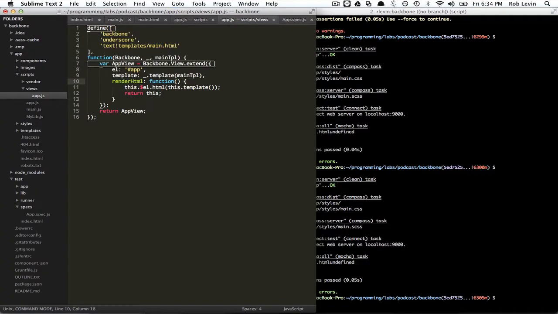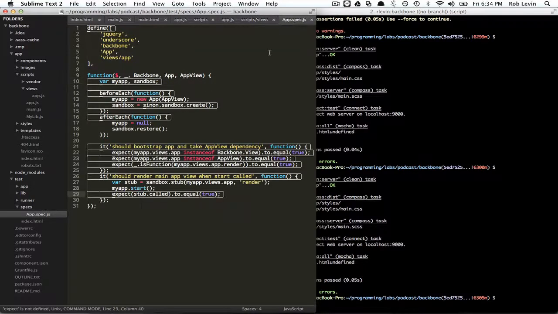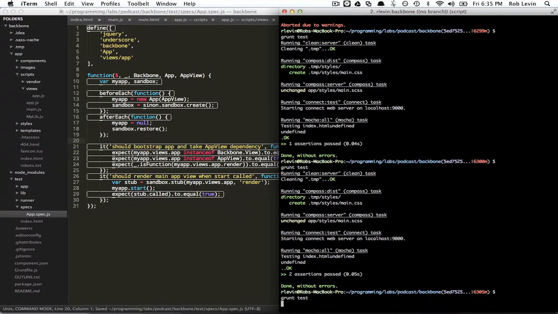Well, if you spot checked it, something simple like that, you'd probably catch it, but now we're catching it in an automated way. And if you decide you want to change something to render HTML, fine, but go ahead and refactor your calling code and your tests, and at least you have a little litmus test to be aware that this stuff is happening. So let's call grunt test,